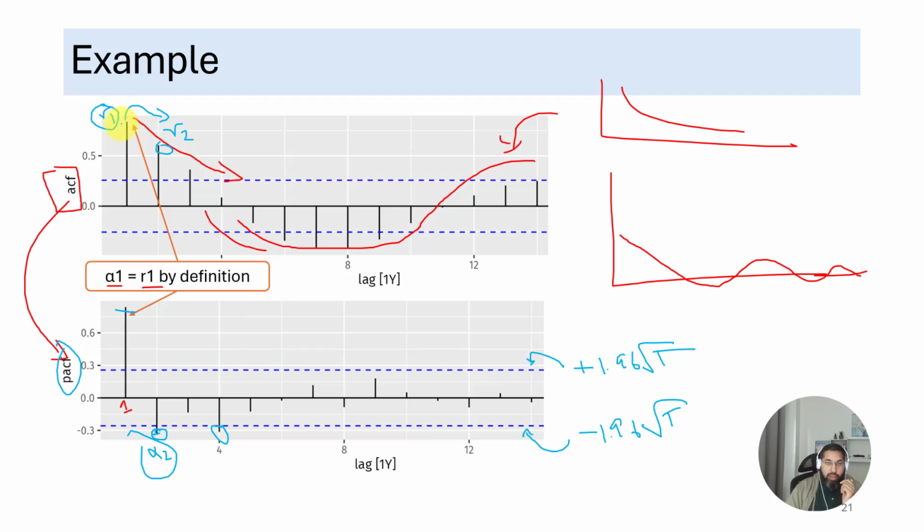So this is how you will often see much fewer strong values in the partial autocorrelation plot and a lot of positive or negative values in the autocorrelation plot, because in the ACF, one autocorrelation affects the other, which affects the other, which affects the other. But in partial, nothing affects anything else. Everything is the original autocorrelation between that lag, controlling for all the other lags in between.